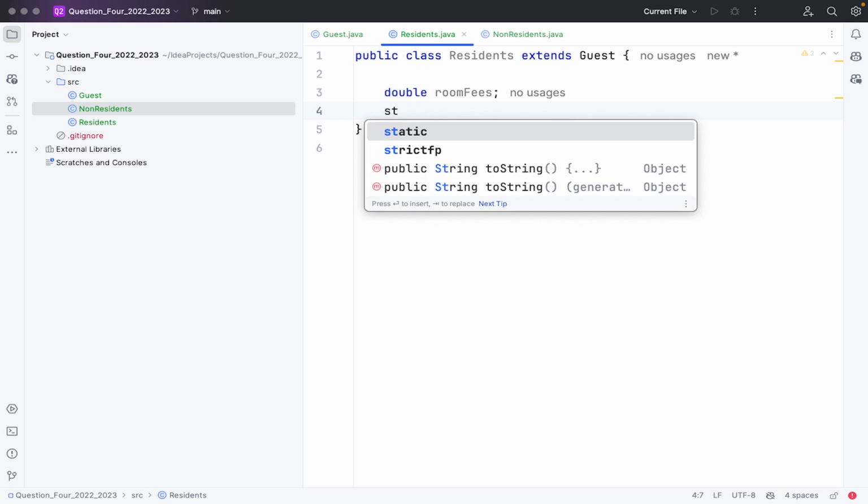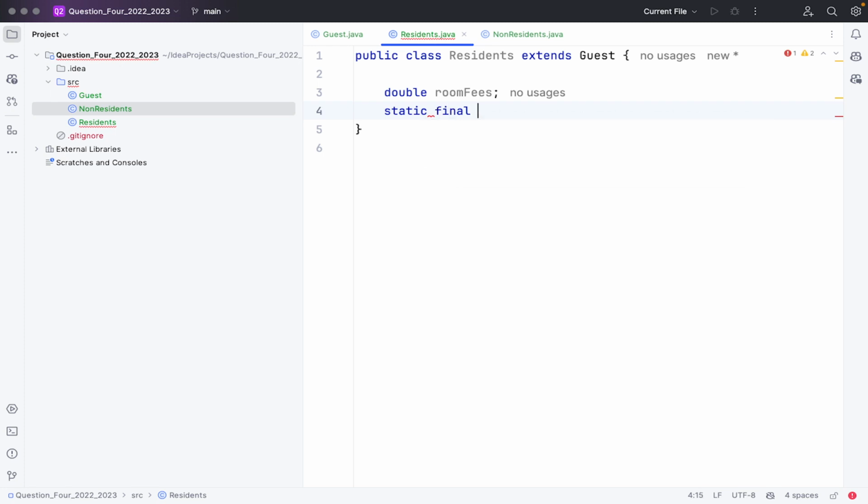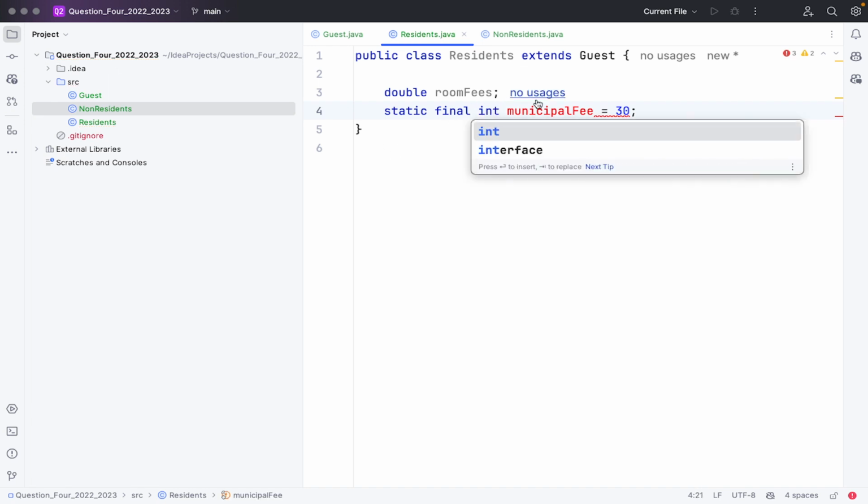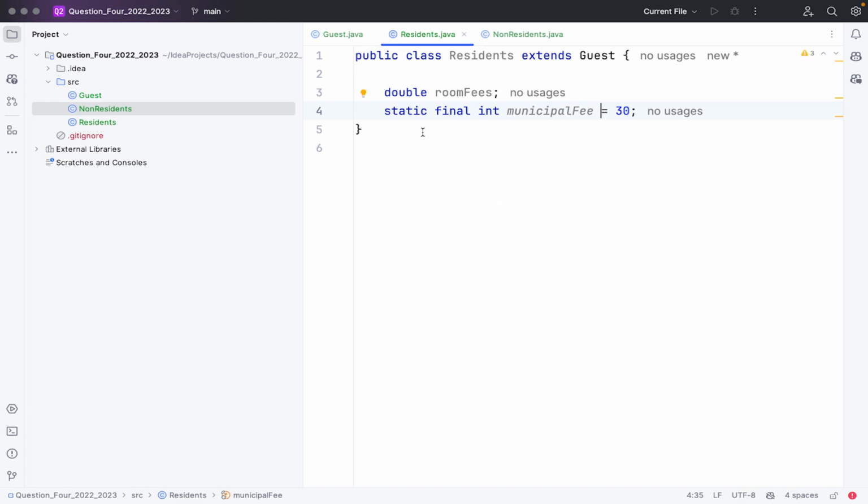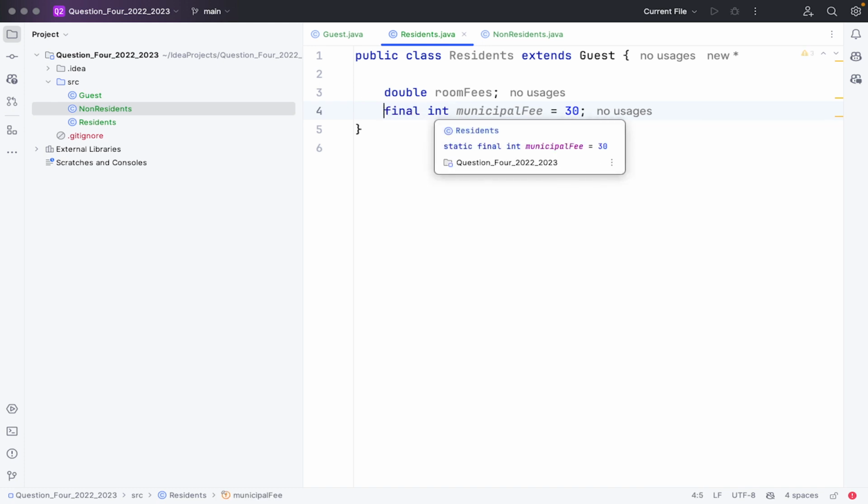You say, because fixed integers are constants, so static final, and it's going to be called municipal fee of what? $30. Or an integer as well, like that. So we have a static and final property. So final, this is how you create constants in Java. So you can as well neglect the static keyword because the final one is a must to make it